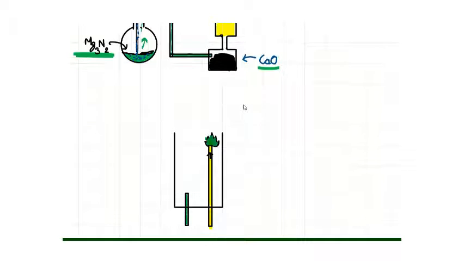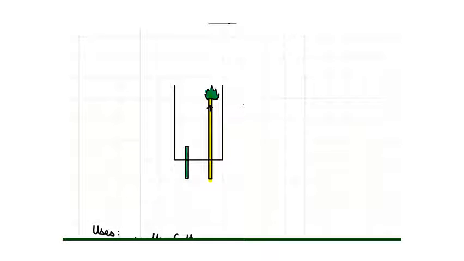Now, let's take a look at one experiment. We have a beaker with two delivery tubes entering it from the bottom. In one of the delivery tubes, we pass O2, oxygen gas, and in the other, we pass NH3 or ammonia gas. Now, just above the opening of the oxygen tube, we put a layer of thick cotton wool. This is done to remove any impurities or water vapor coming along with the oxygen.